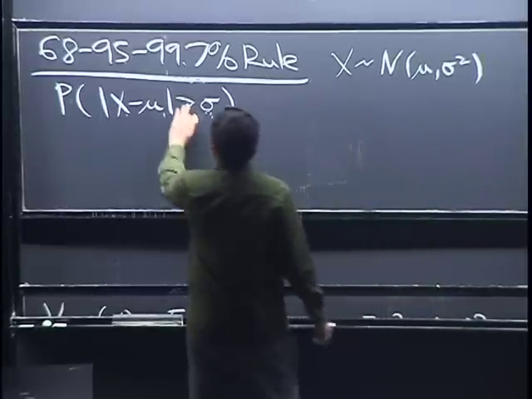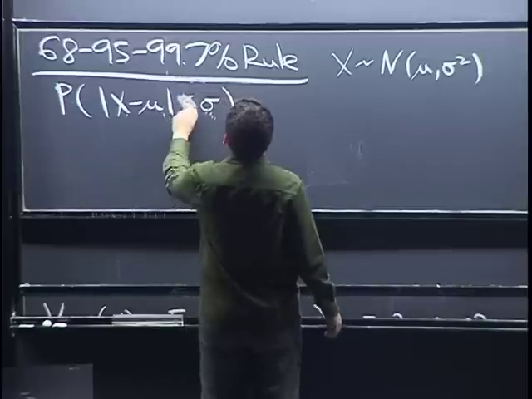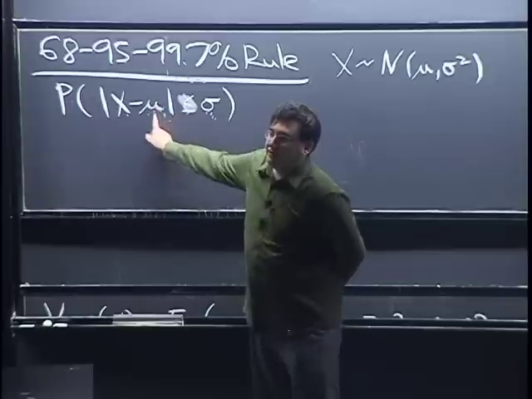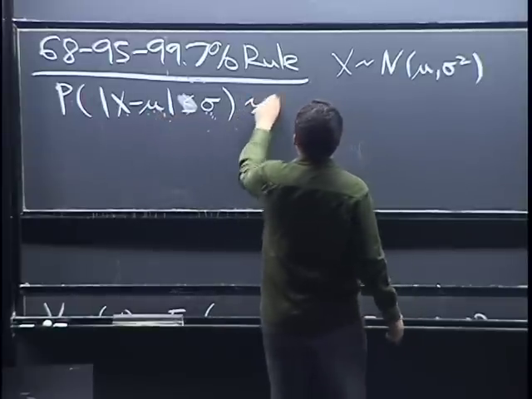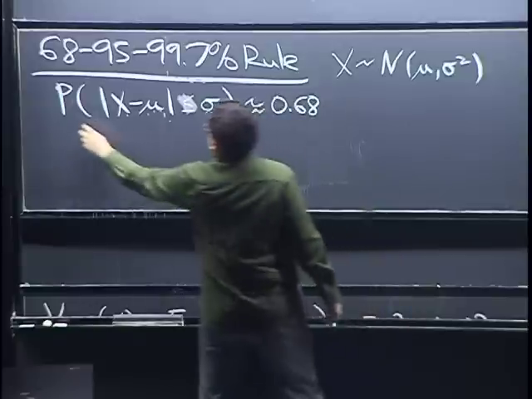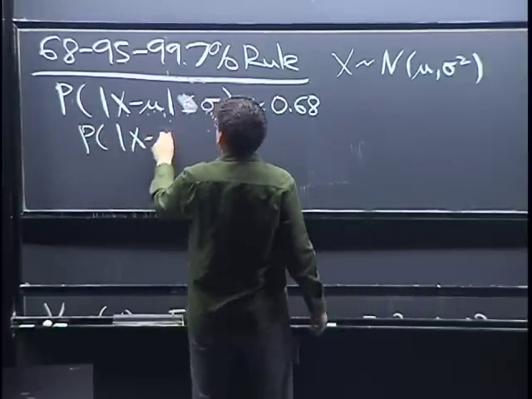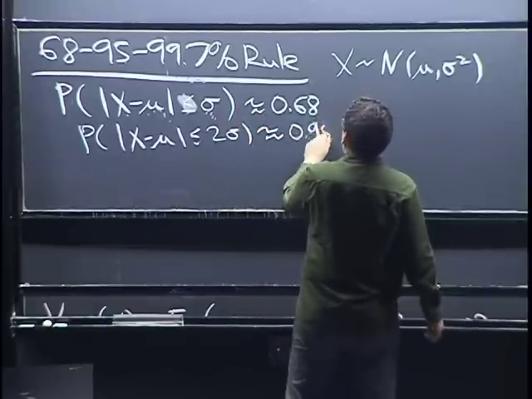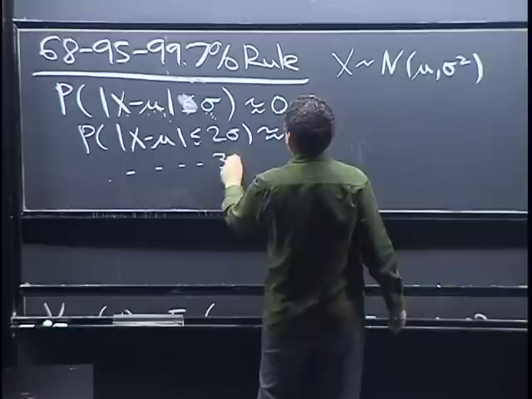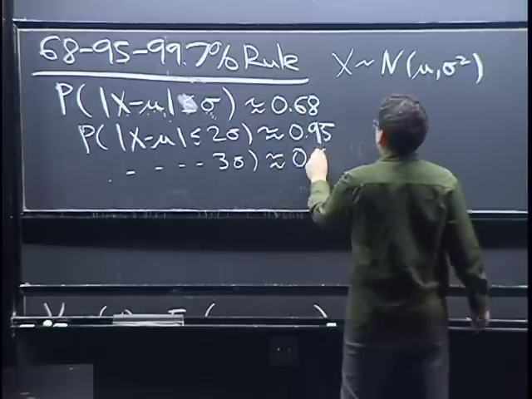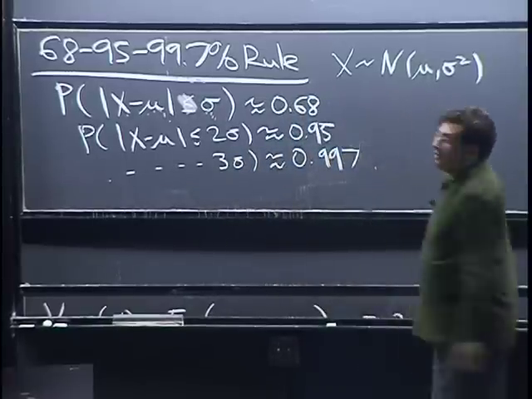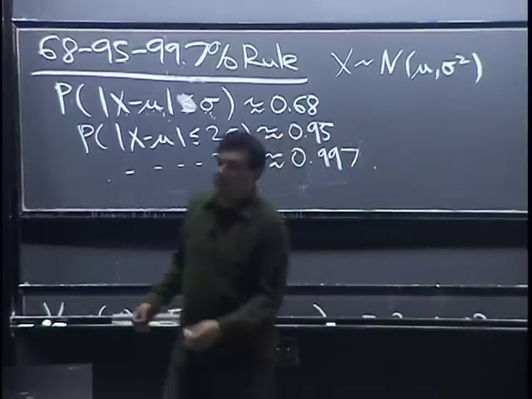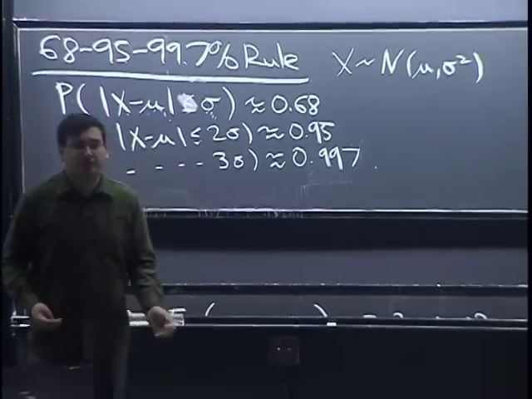Well, let's actually write it the other way. The probability that x is within one standard deviation of its mean is about 68%. The chance that x is within two standard deviations of its mean is about 95%. And the same thing with three standard deviations is about 99.7%. So it's very common for people in practice to add and subtract two standard deviations,